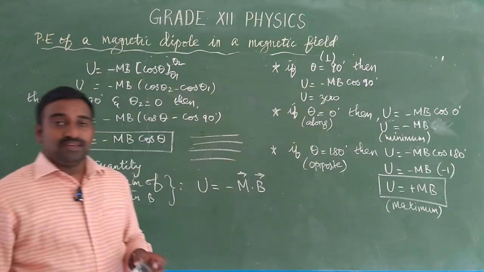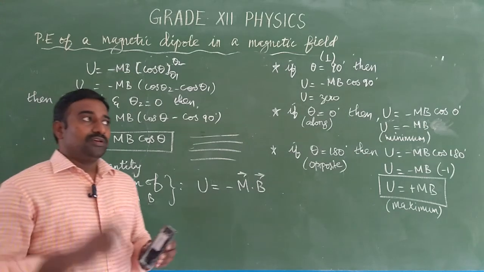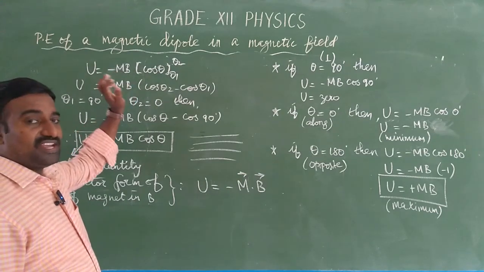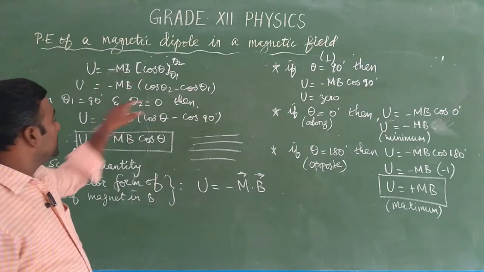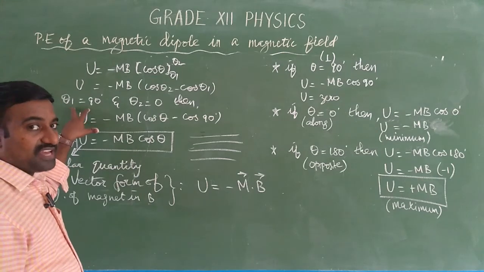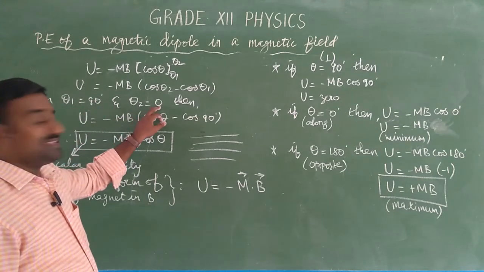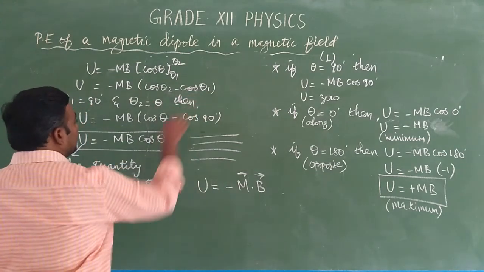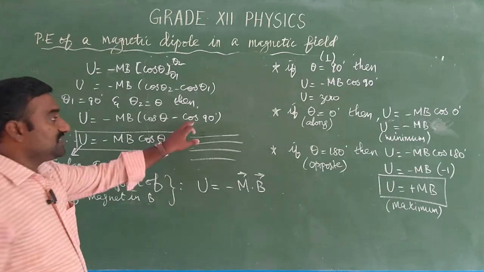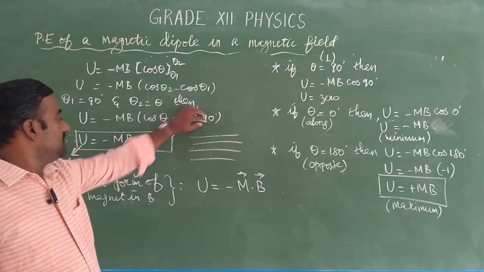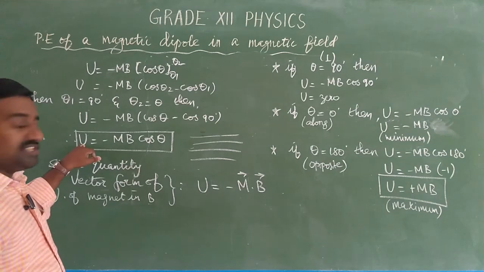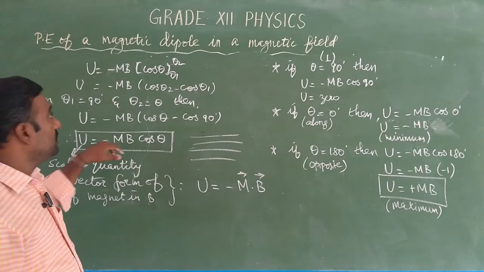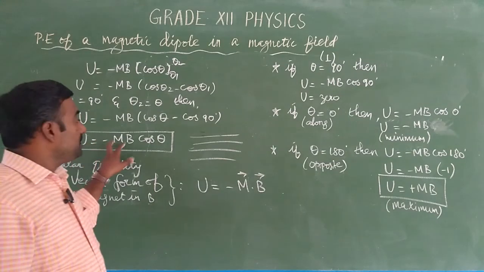But we want to find the potential energy. What is the potential energy? The work done is stored as the potential energy. So we obtain the potential energy using these relations. Initially the bar magnet is placed perpendicular to the direction of the magnetic field, and after that it makes some other angle. So initially it is 90 degree and then theta is equal to theta, then the relation becomes like this. So minus cos 90 is sin 0, so it is cancelled. Then finally we have the potential energy, the work done stored in a magnet, that is the potential energy of the magnetic dipole, which is equal to minus mb cos theta.